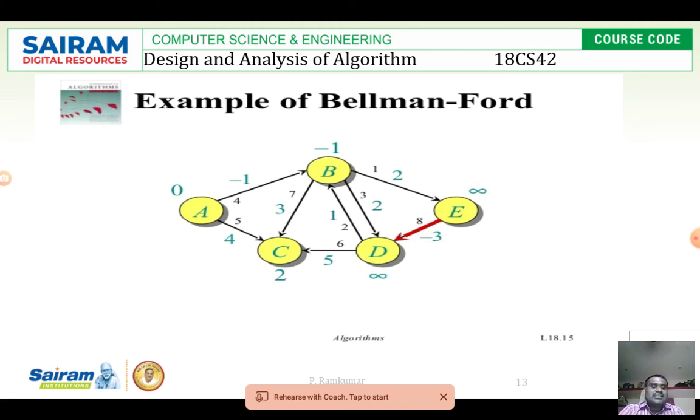Likewise, I have to apply this method to all the vertices of this given graph until each reaches its corresponding value, meaning afterwards we cannot change anything. Before that, we can make a group like A to B, A to C, B to C, B to D, D to B, B to E, E to D. In this graph, a cycle exists. So the Bellman-Ford algorithm will not work out for this.